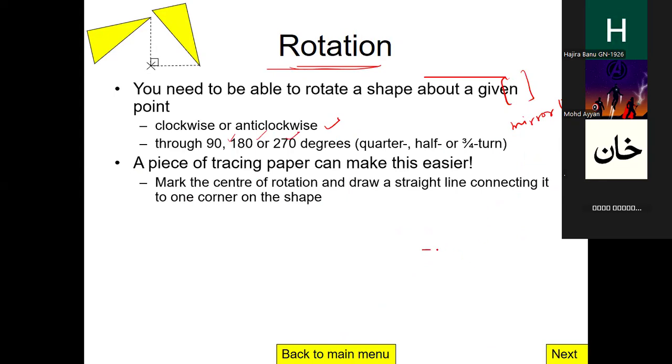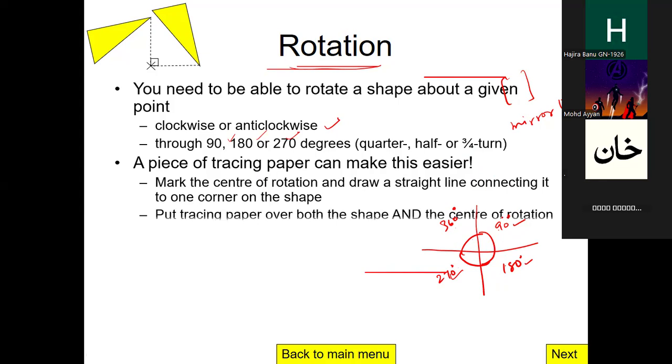If you know that your graph is divided into 4 quadrants, each quadrant represents 90 degrees. So this is 90, and then this 90, and then this turn will be 180 because 90 plus 90 is 180. And then this turn will be 270. When it is completely turning, it is 360. So generally when a rotation problem is given, you will be given the angles 90, 180 and 270. When it is clockwise, like this; when it is anti-clockwise, like this.